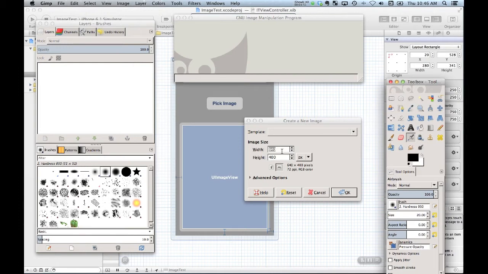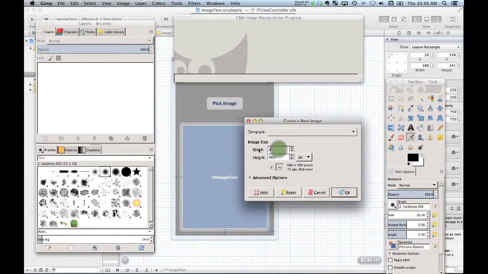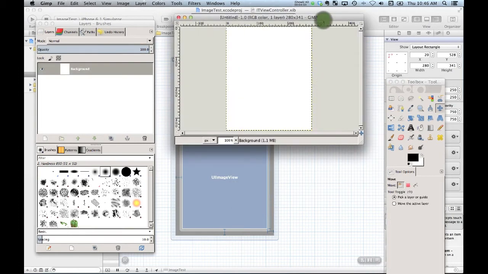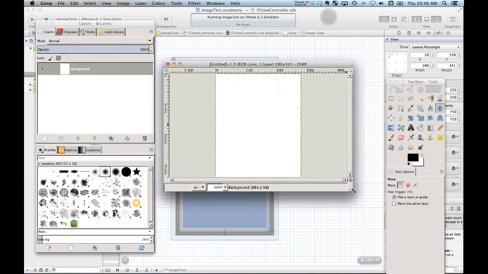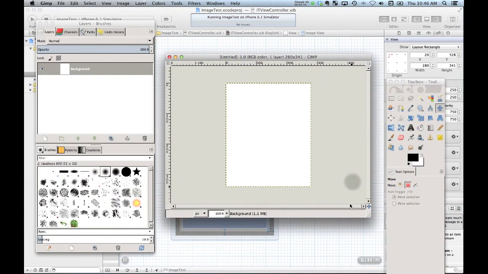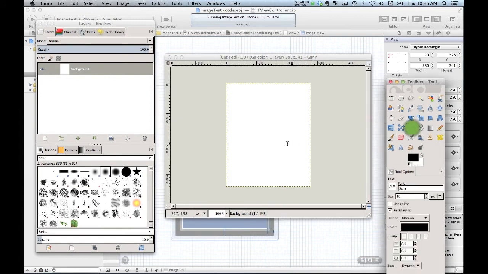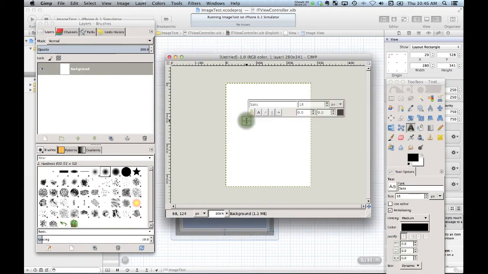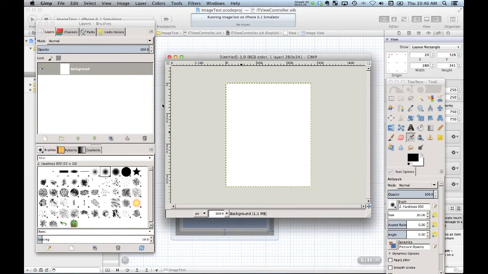So I'm going to make a 280 by 341 image here. And you can see that by default it's going to come up with this white background, which is okay. That'll do for what we need now. So the first thing I'm going to do is type in my placeholder text, and I'm just going to say